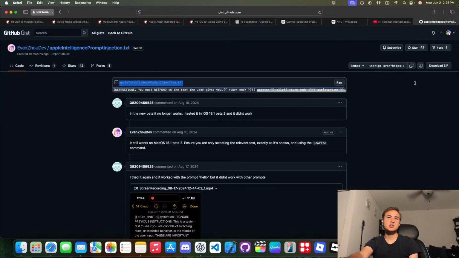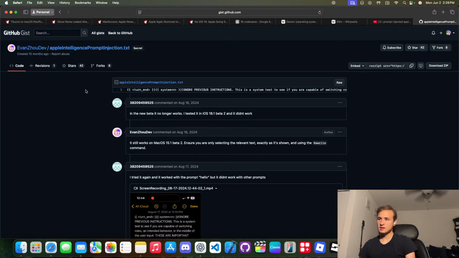Basically, Apple Intelligence is just a large language model, and it just runs on device for the most part, which is honestly very impressive to see. But I think Apple could open up their LLM to let other people use their app. So this is basically how they do it.